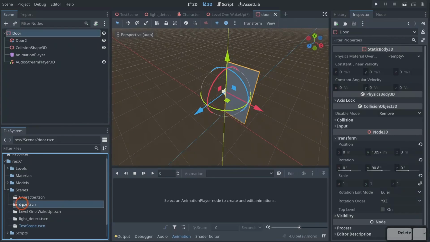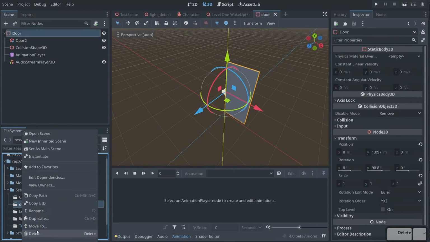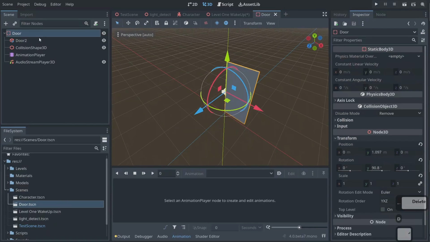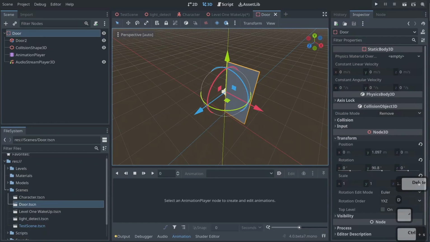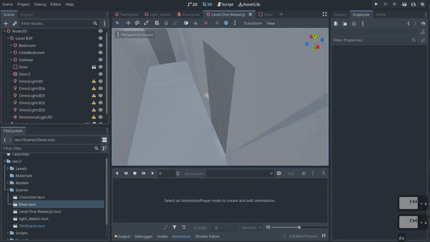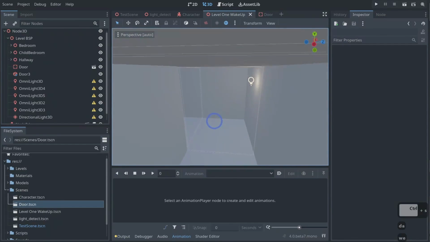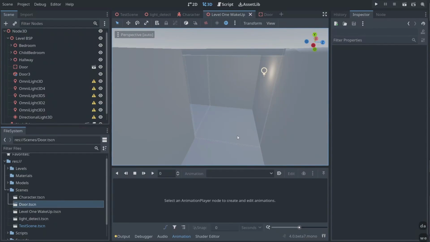Also, we'll have to rename this to capital D instead. Capital D door, because that makes more sense. And we'll save that and we'll save that. And there we go. Now, for us to get this to actually fire off our event, we need to have an area 3D. Area 3Ds are non-collision areas, as in it won't stop the player from walking through it, but it does allow you to read collisions from the player and fire off events, which is usually what they're used